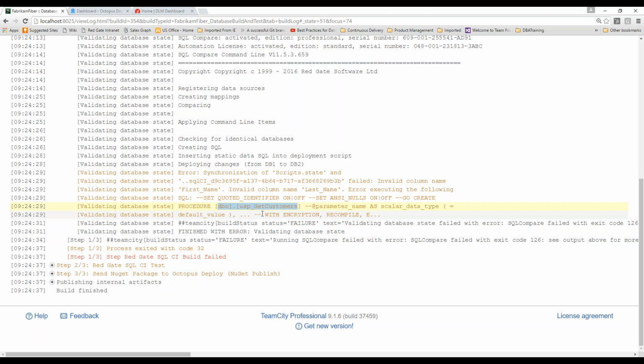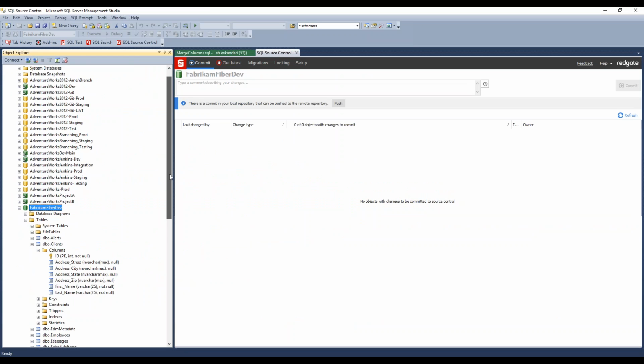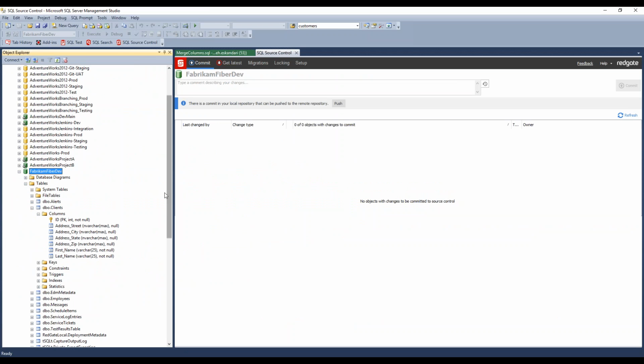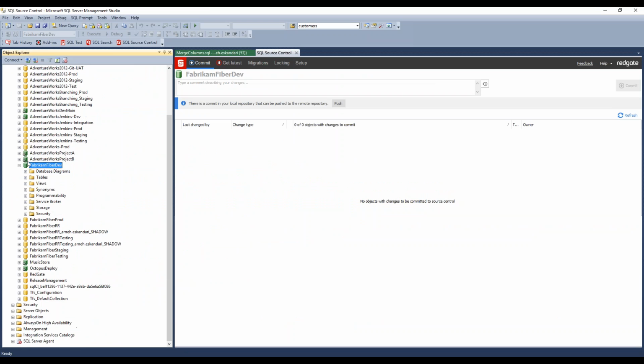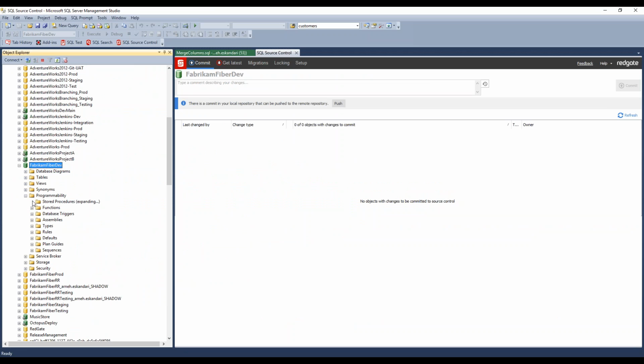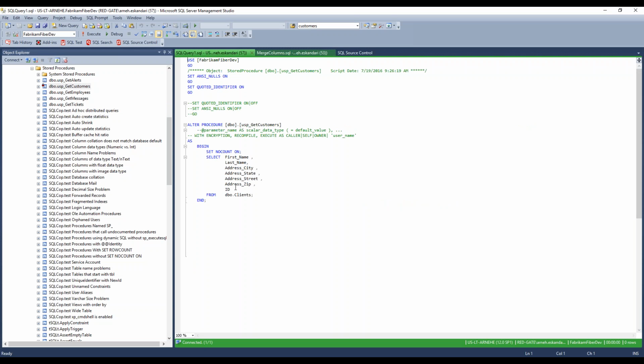So now I need to go back to my database, fix that object, put it in source control, and run another build before we can look into deployments. So I'm going to go to my stored procedures here, and modify the stored procedure that the build was complaining about. So here's the broken script. I need to replace this with full name